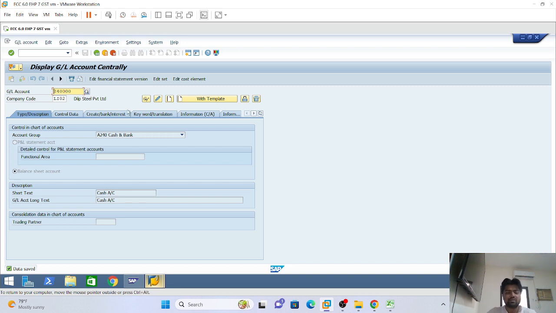I have created the liability GL. I have created the asset GL. Now let's create the income GL 3,20,000. Randomly I'm taking any GL, just for explaining purposes, so please don't get confused. So for GL account, please give GL account 3,20,000